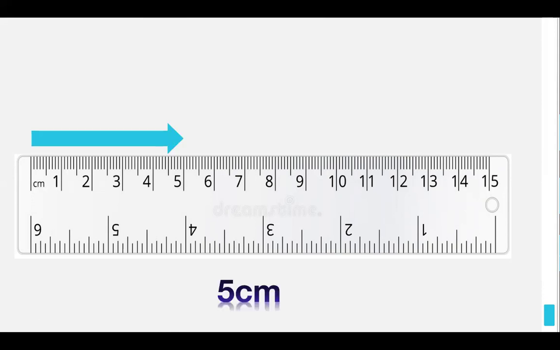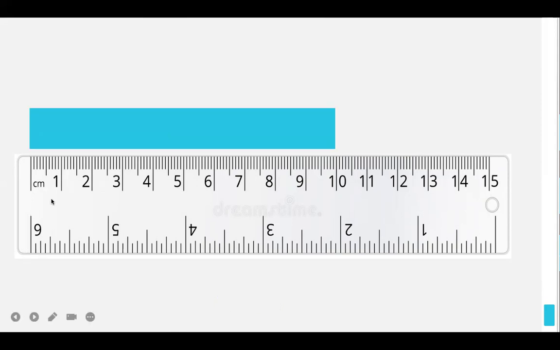How about this one? Okay, this rectangle from here to the end. So this is 10. That's why this is 10 centimeter. Ayan, no? Okay, it's 10 centimeter.